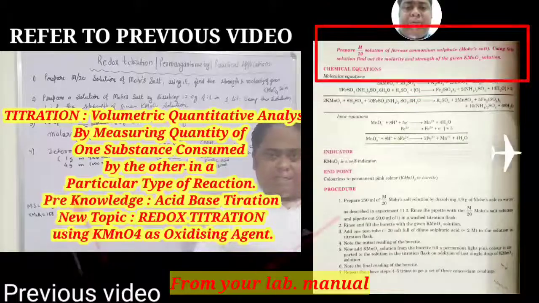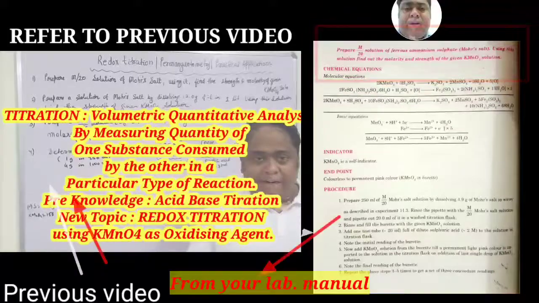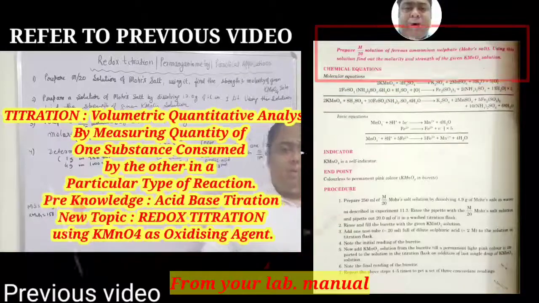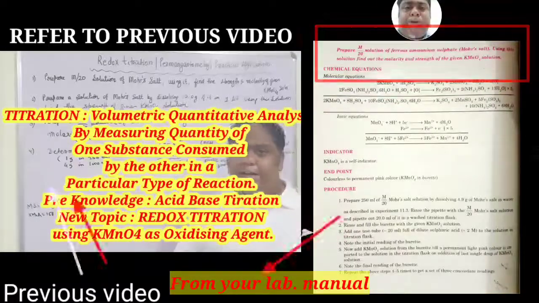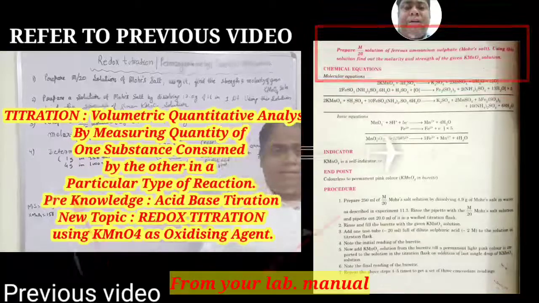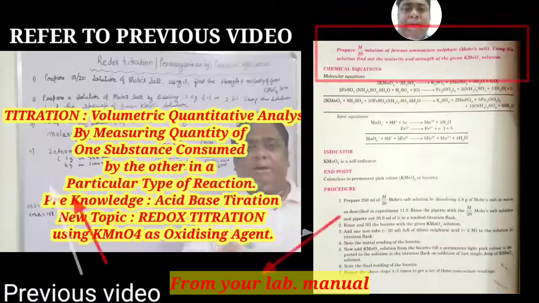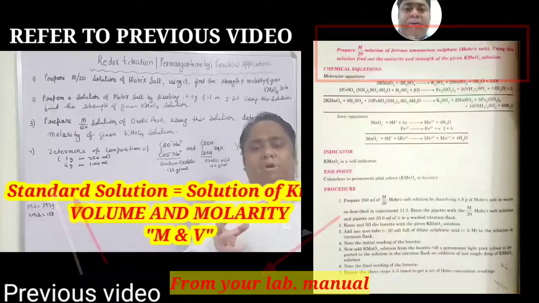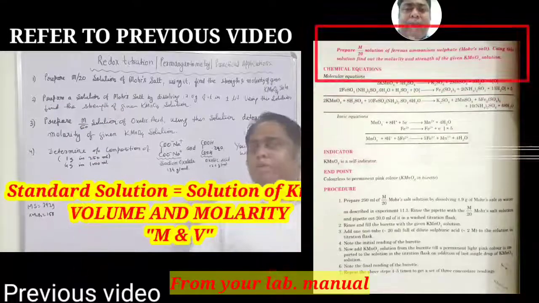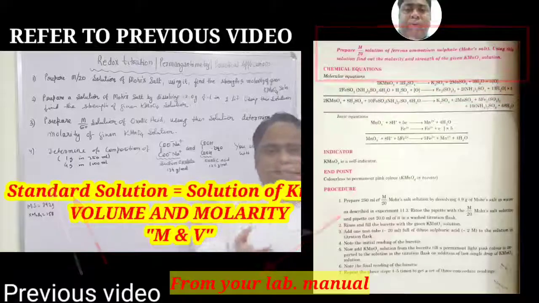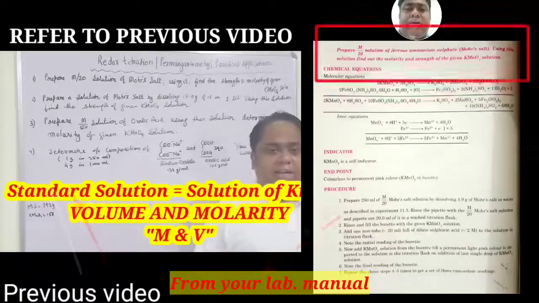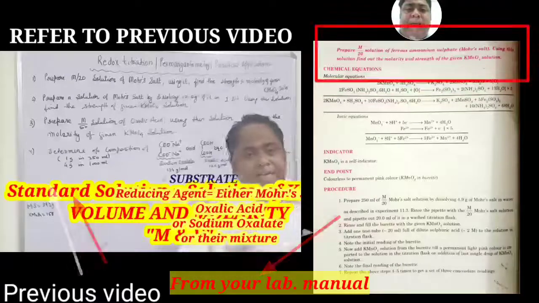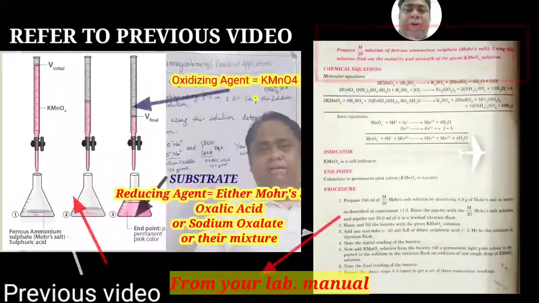Here you see that there is one task given. This task could be any number of experiment. It could be experiment number 1, 2, 3, 4, depending upon which experiment you would have done in the lab. Like we had begun with salt test and then we had done redox titration. So after testing say 15 to 20 salts, this would become experiment number say somewhere 21 or 22.